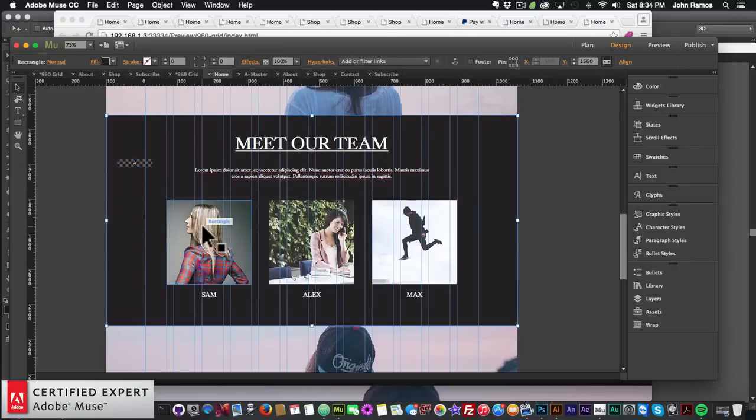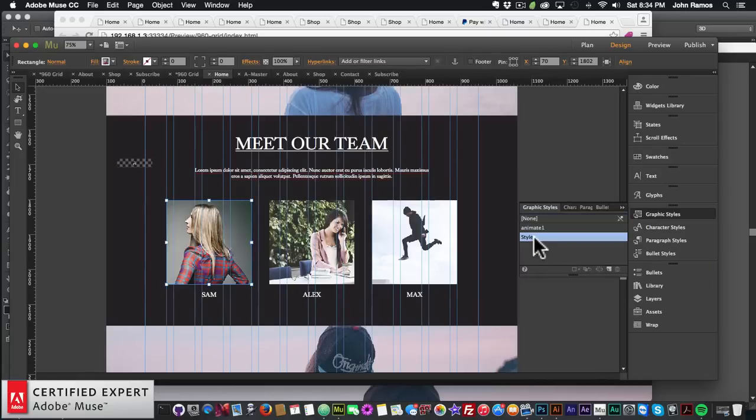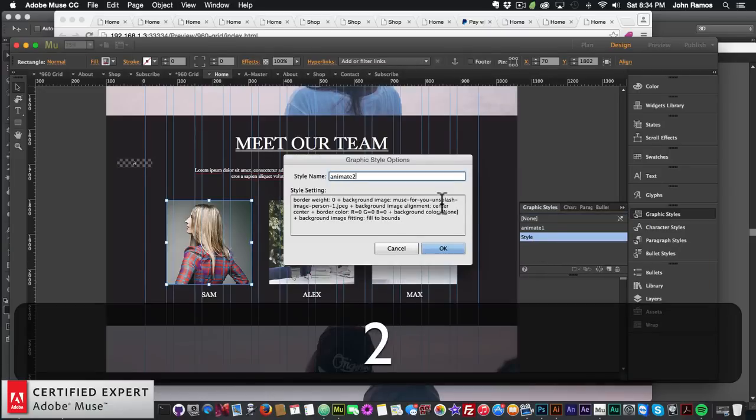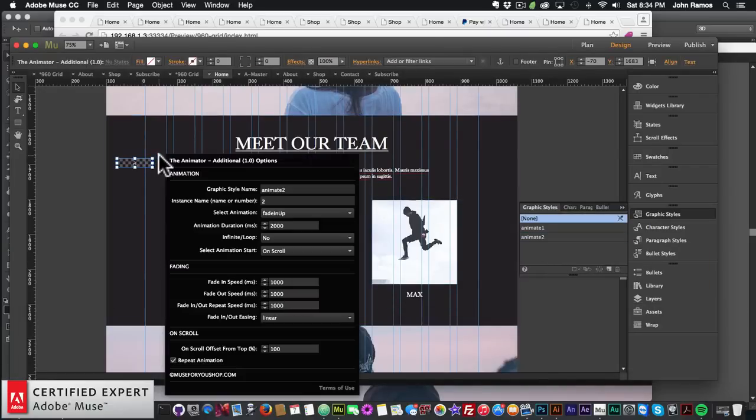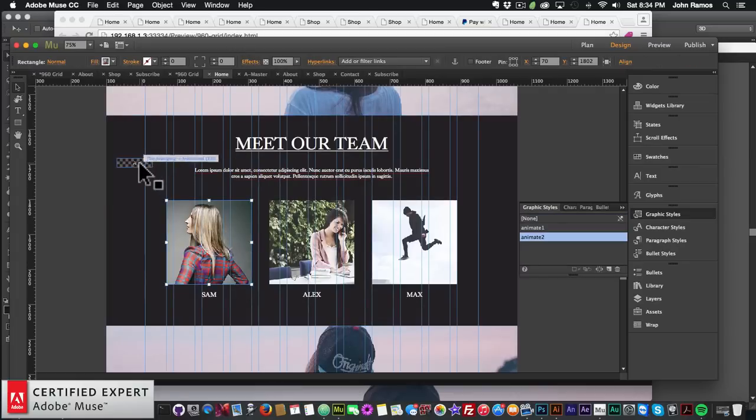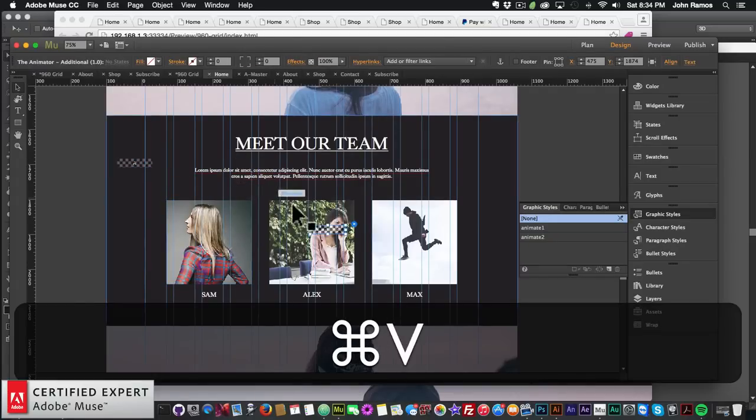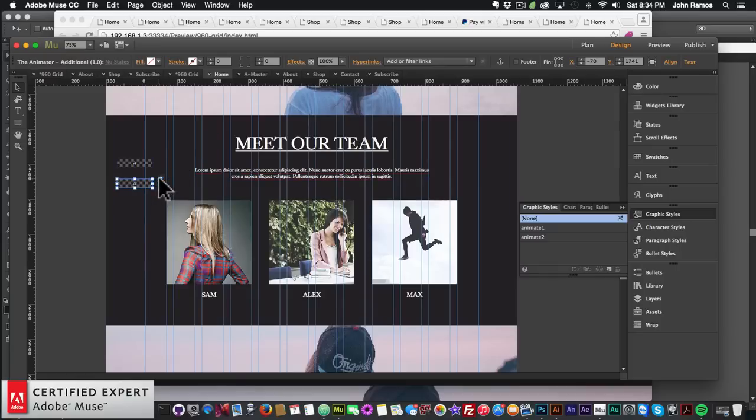So now I want to go to this image. I want to click on graphic styles, create a new graphic style by selecting this icon that looks like a piece of paper, double clicking, and I'll enter in animate 2. So now we've added this animation, graphic style name animate 2 to this image. Okay, perfect. So now I'm just going to copy and paste for the other ones,